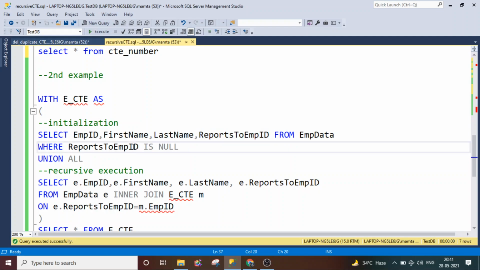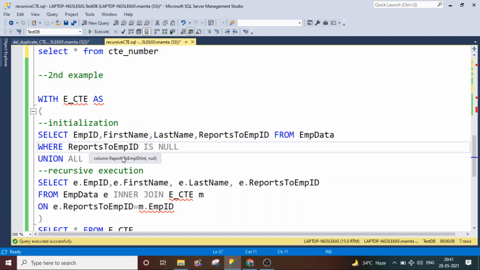You want the result to display each employee with the employee ID they report to. If the reports to employee ID column is null, that means this employee does not report to anyone. This is the senior most employee, you can understand it as the CEO of the organization. So he is not reporting to anyone, so his reports to employee ID is null.